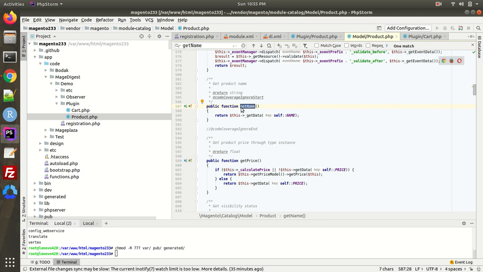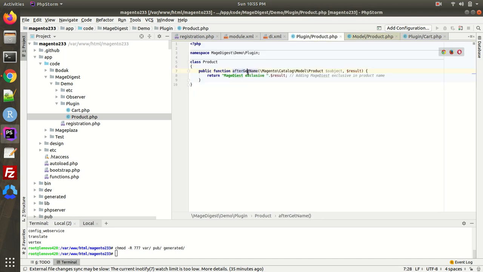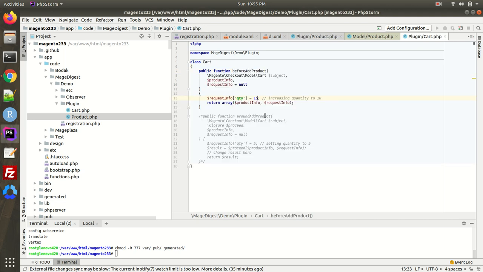As you can see, after writing after, we are using capital G. So you have to be very careful. After is a keyword, and getName. The same goes for before and addProduct. The same goes for around and addProduct. So you have to be very careful.